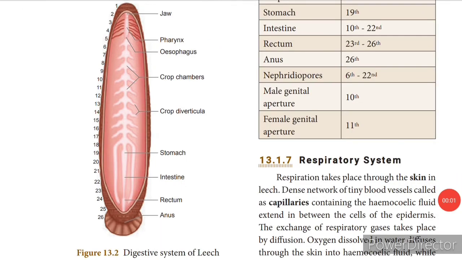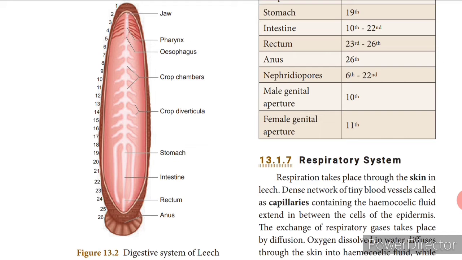Now let's see the feeding and digestion. The leech attaches to the host by the posterior sucker, and it leaves a Y-shaped incision in the host because it has 3 jaws. The blood is sucked by the muscular pharynx, and the saliva secretes a protein called hirudin, which prevents the blood from clotting, and it also injects an anesthetic substance which prevents the host from feeling their